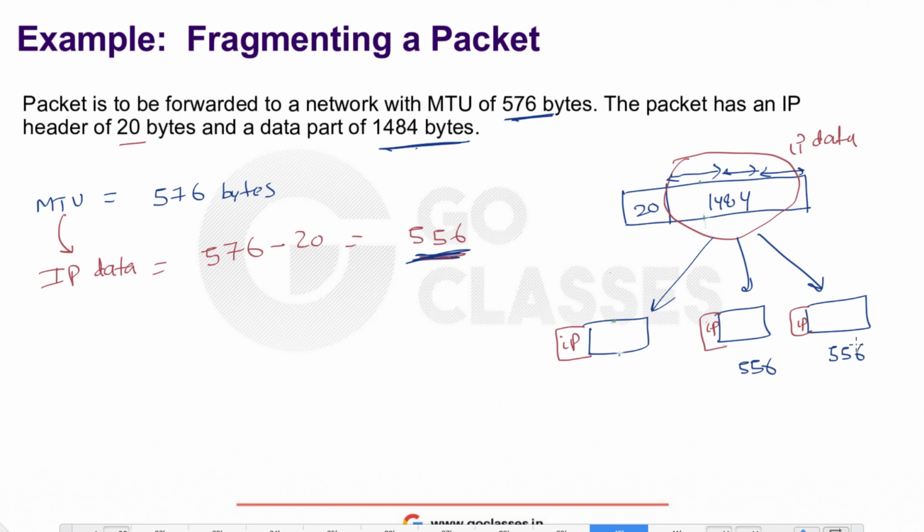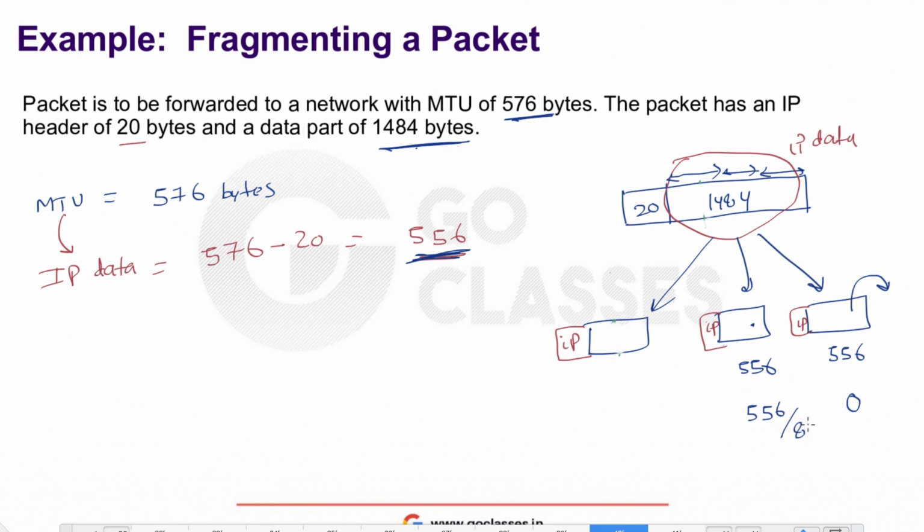Now, the second point is that if you divide like this, just tell me what will be the offset for each of the headers. Obviously for this header the offset is 0. Sorry, header means packet. For this packet the offset is 0 because this packet is not following any byte. But what will the offset be for this packet? It will be 556, but as I told you, I always divide by 8, so it will be 556